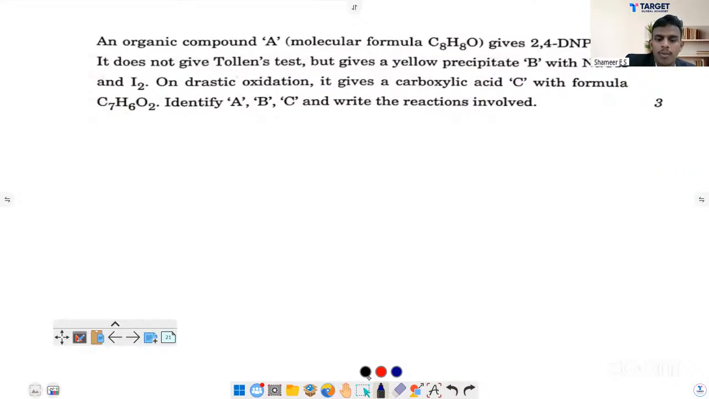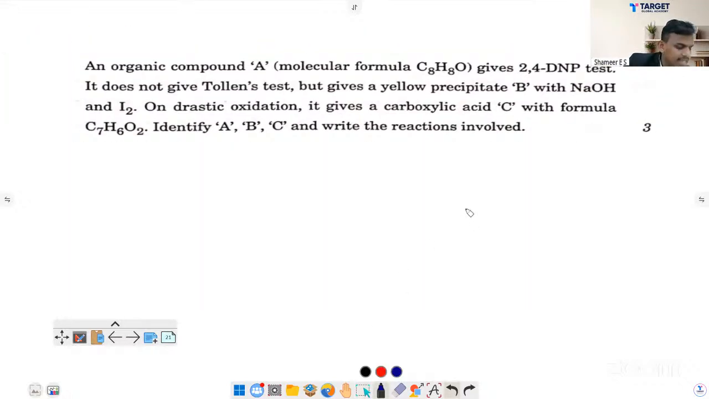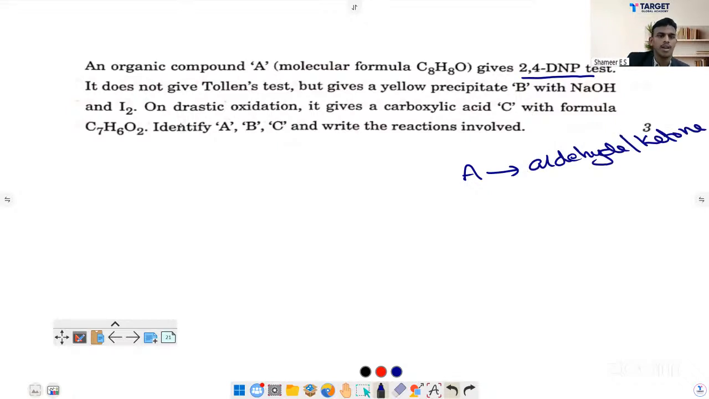An organic compound with molecular formula C8H8O gives the 2,4-DNP test. That means this A will be a carbonyl compound, either aldehyde or ketone. It does not give Tollens' reagent, so confirm, it is a ketone. But it gives a yellow precipitate B with NaOH and I2. Haloform test. So it contains